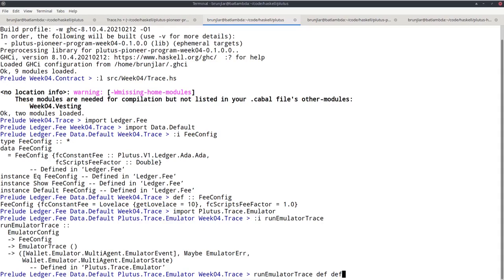So now all that's missing is an actual emulator trace. And we haven't looked at how to construct an emulator trace yet. But we know, because I told you, that EmulatorTrace is a monad. So without knowing anything else about emulator traces, we know that we have the standard monad operations, return and bind, available. So in particular, return. So the simplest emulator trace we can possibly write is the one that immediately returns unit. So it doesn't do anything. It doesn't call any contracts, doesn't wait for any slots. It immediately returns. So let's try what this gives us.